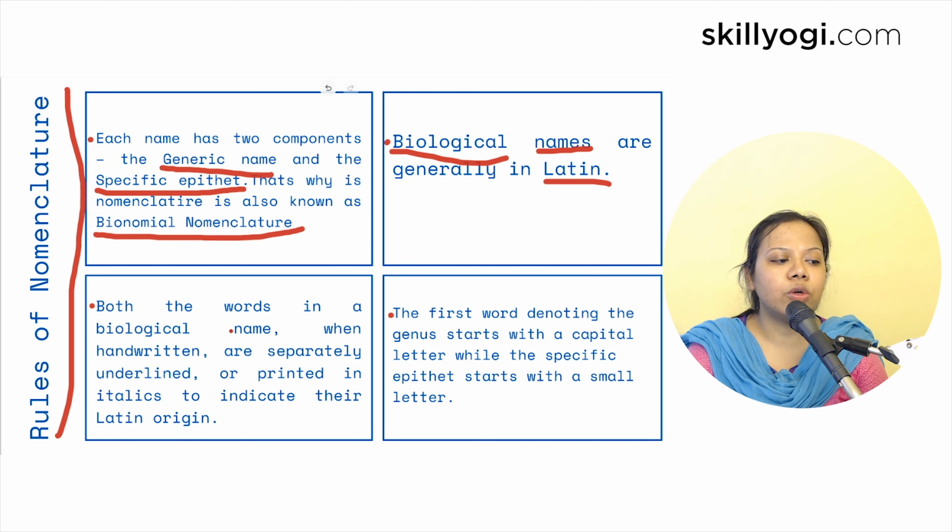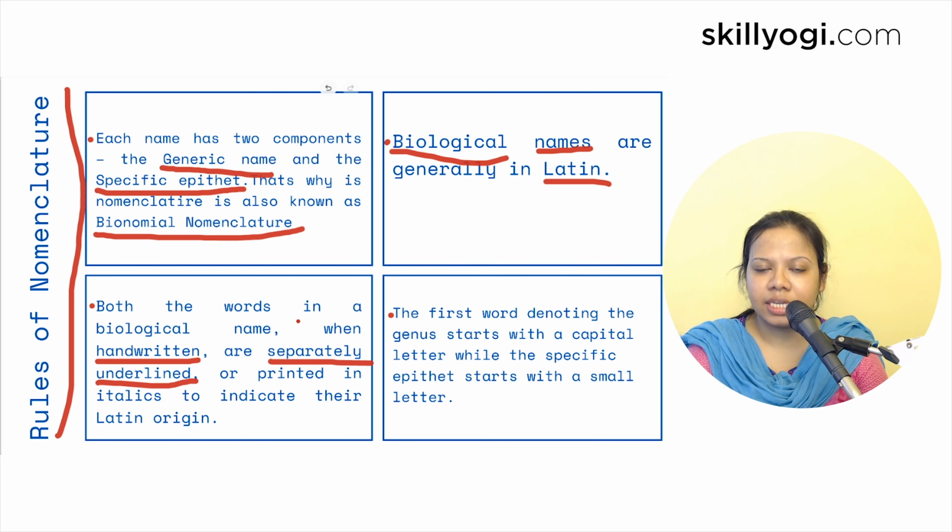The third one is that when we write the name by hand, the names are separately underlined, which is very important. If we do not underline it, then it does not denote the scientific name,